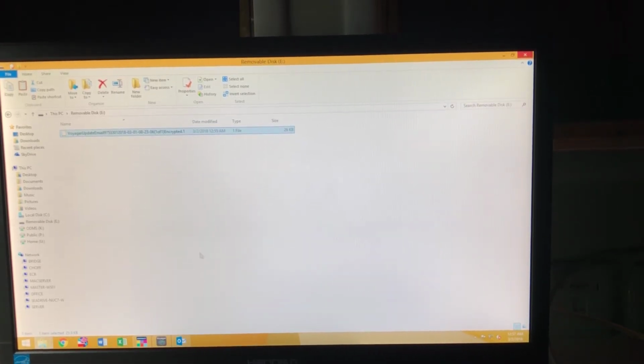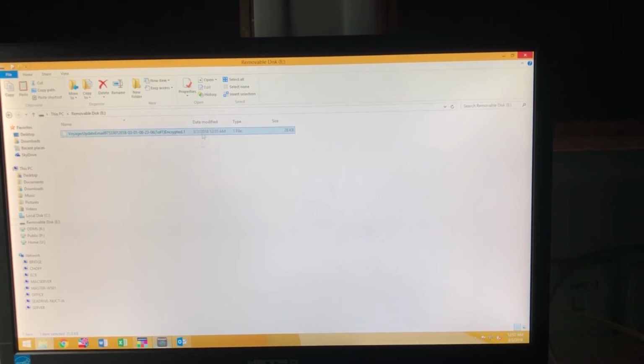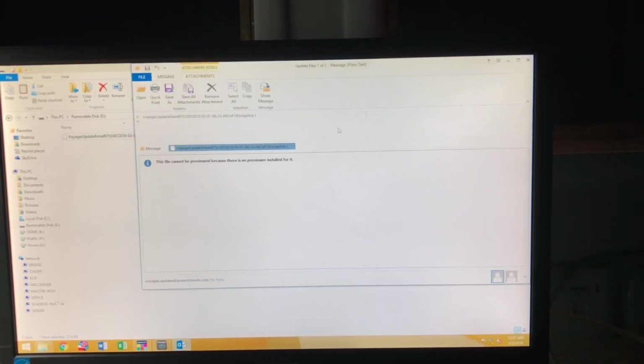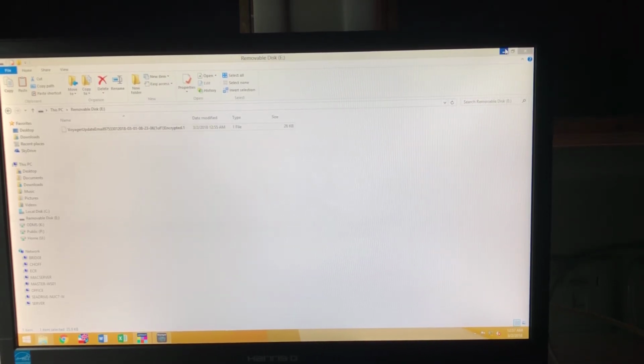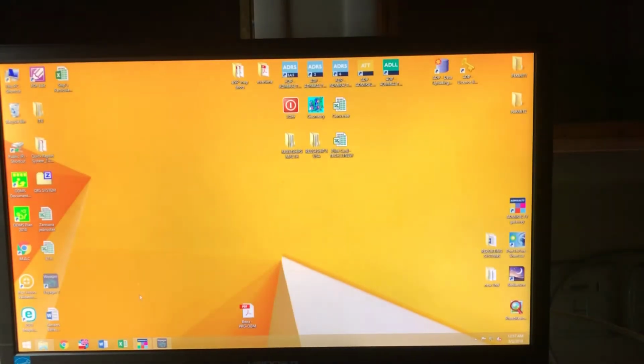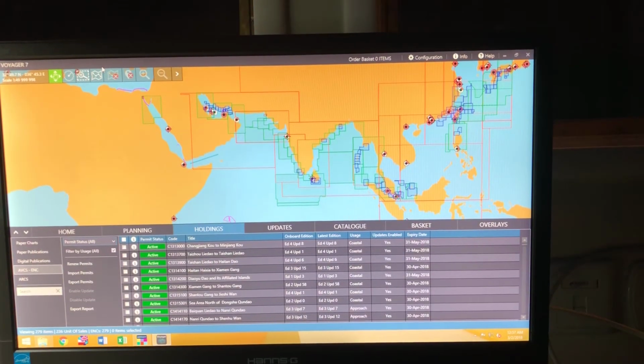Keep only the dealing file on the pen drive. Do not keep any other files, otherwise at the time of importing all this, Voyager will get corrupted. So we don't want that to happen. We want the program to run smoothly. Now the next step is to import the